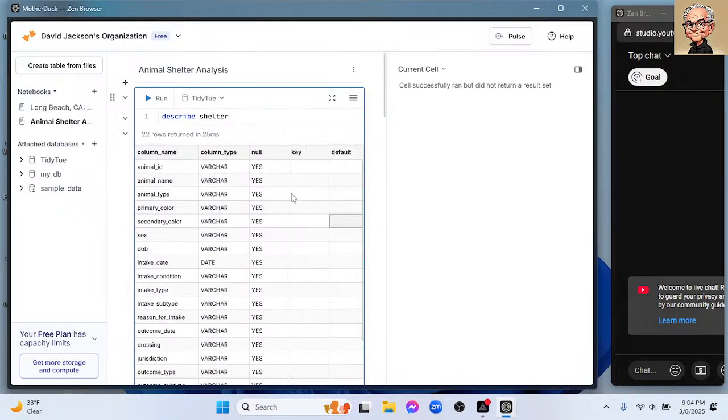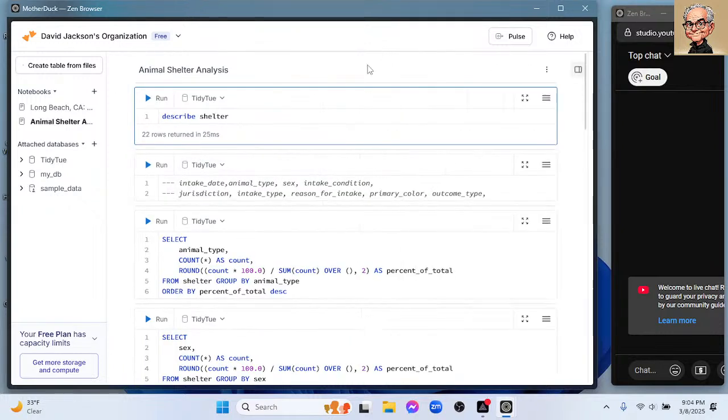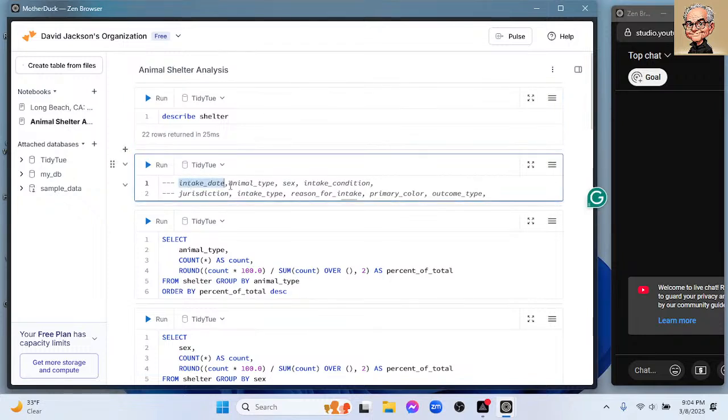You could also call it survey data. You have survey questions. What's the intake date? What's the animal type, sex, intake conditions, jurisdiction, intake type, very important, reason for intake, interesting, primary callers, and outcome type. So we're going to start with something very simple. We're going to start by